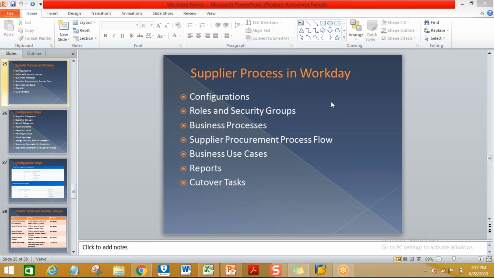So what are these configurations? What do you mean by these configurations? To start your day-to-day supply related business activities in the Workday system, you have to maintain certain prerequisites. Those we call configuration steps.